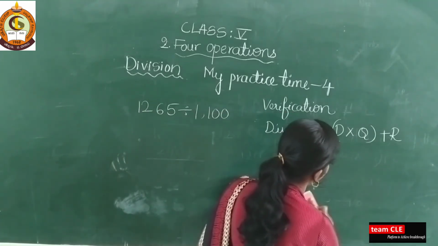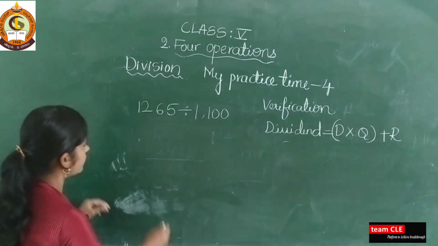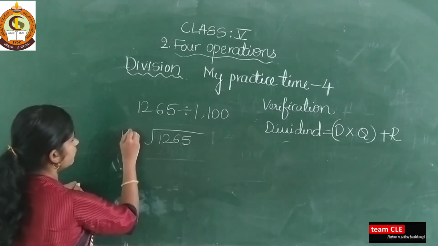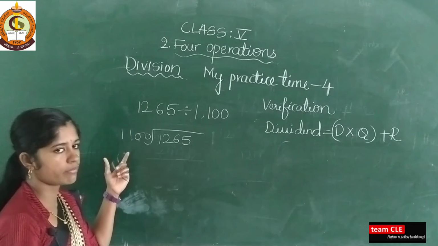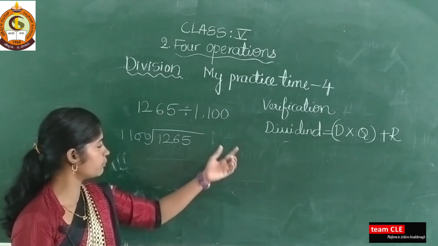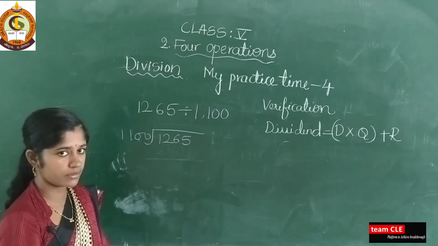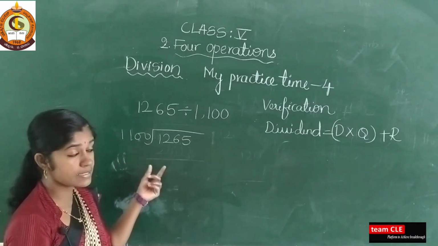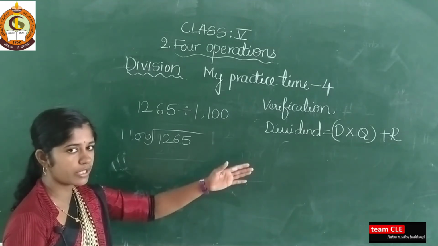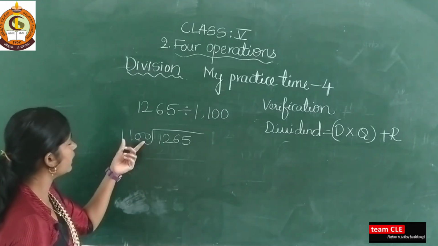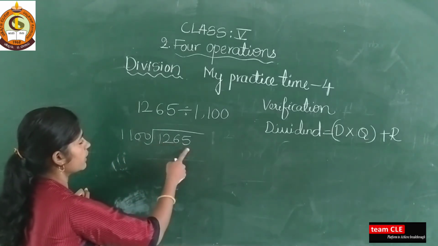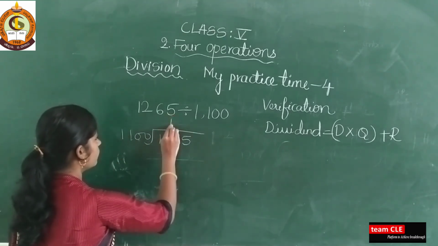And again you need to do verification also. So take here 1265 and 1100. If you know the 11 ones table, then you can write the 1100 ones table also. Write here the 11 ones table and put here 000. You will get the 1100s table. 1100 ones are 1100, 11, 22, 33 and put 00 there. You will get the tables. Okay. So here 1100s table is there and here 1265 is there. So you directly take 1 one.